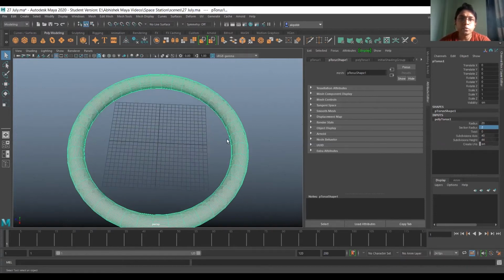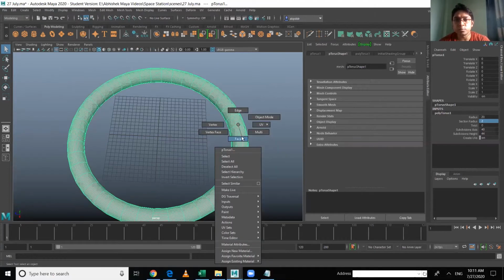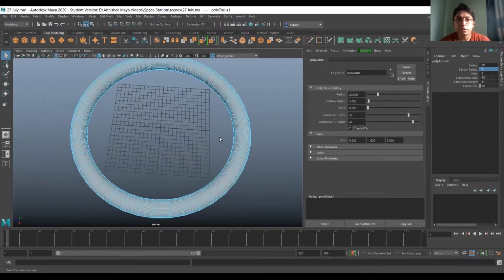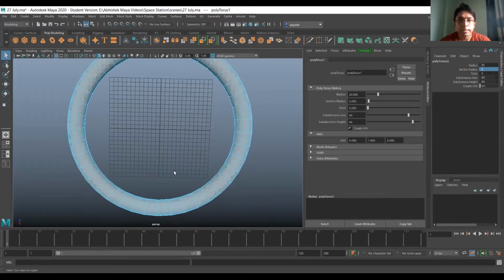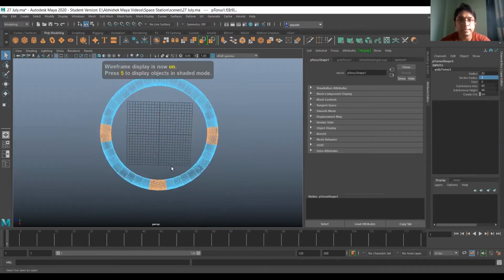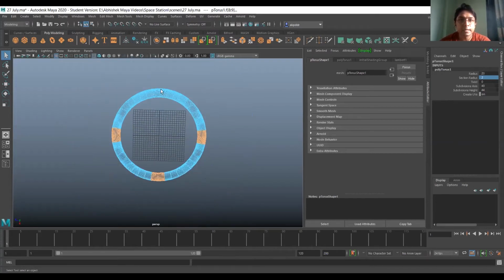Now we have to right click on the object and go to face mode, and select these faces and these faces and these faces.